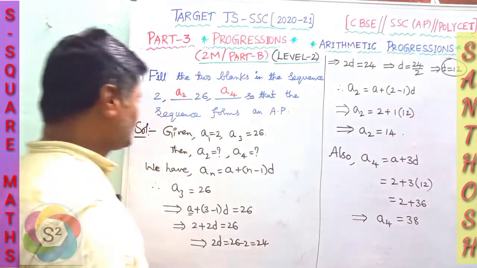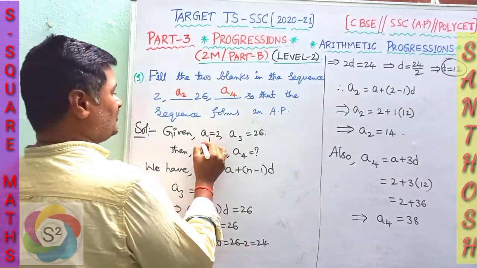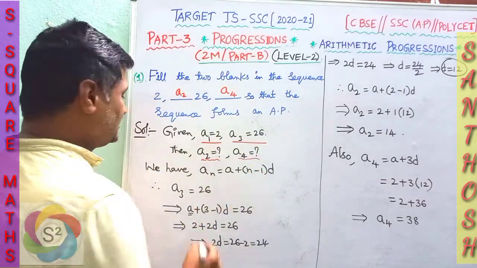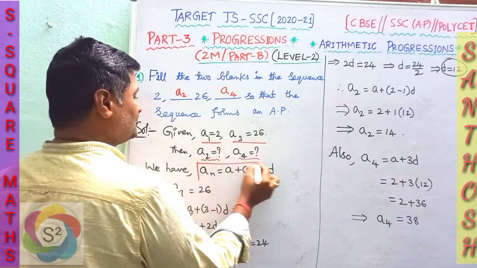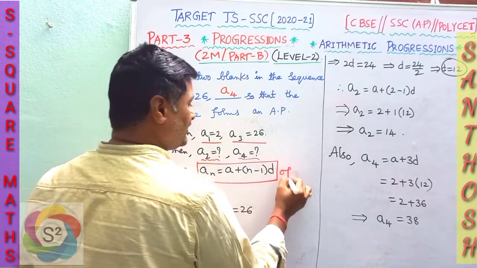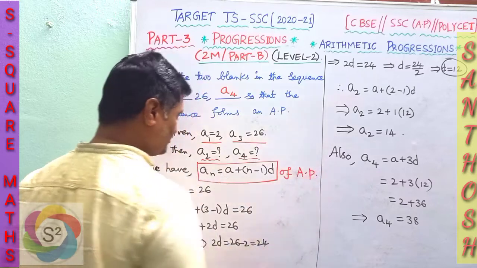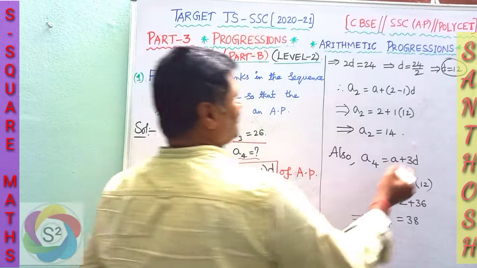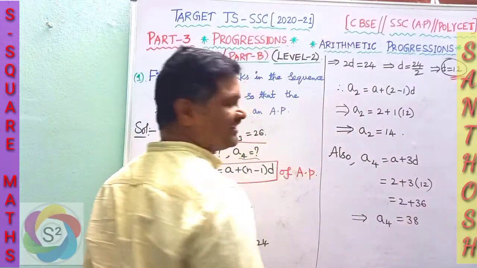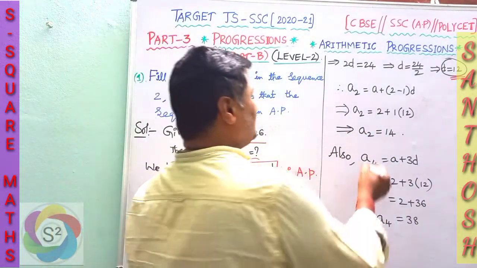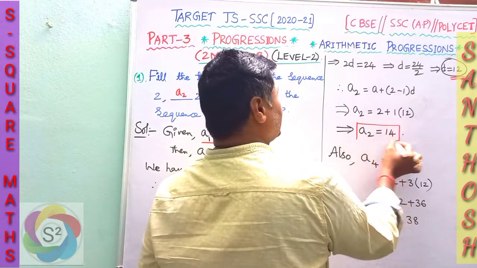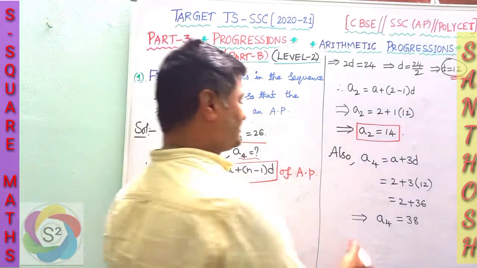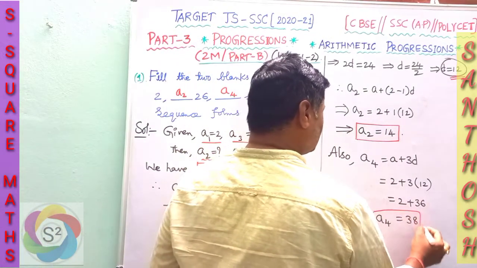Now let us analyze our question. So this is our given one. Then we have to determine the second and fourth term, and this is the nth term of the AP, the particular term. So given this one, from this I got the value of D as 12. Next, after getting the D value, consider the second term by the definition A plus n minus 1 into D, 2 minus 1 into D. Next, I got here the fourth term.